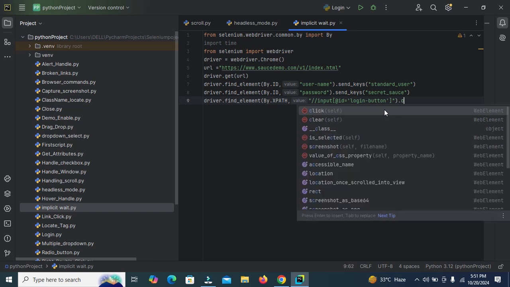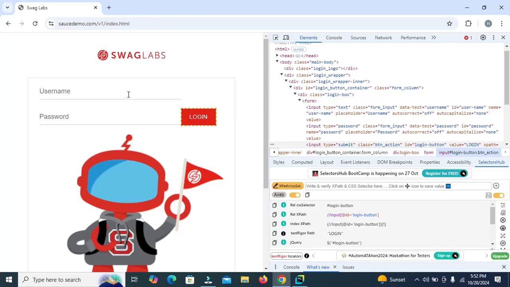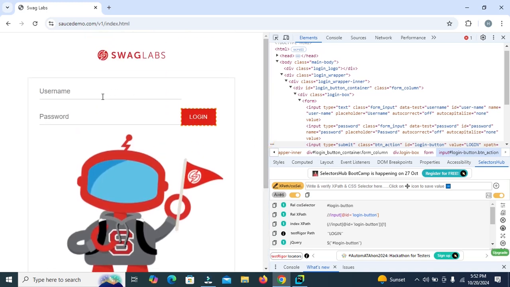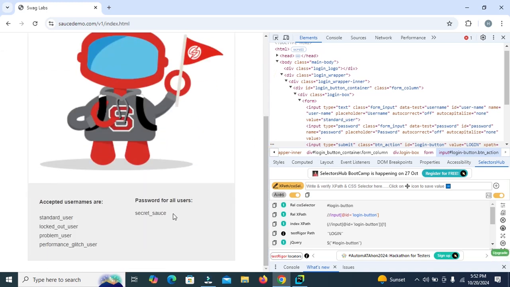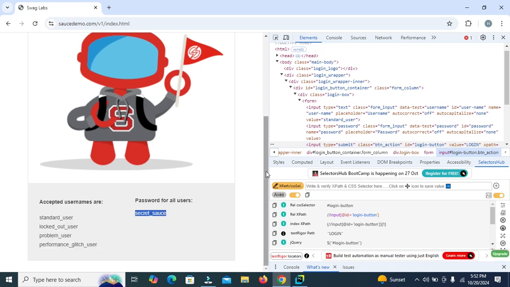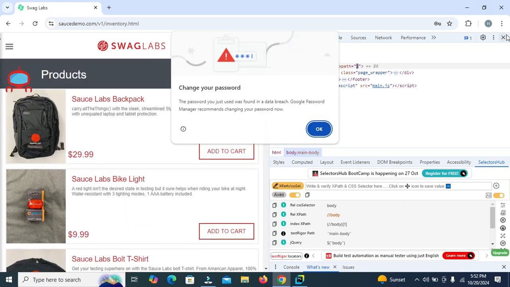Now, after entering the username and password, we need to click on the login button. Let's log in to this portal. Enter the username and then enter the password and then click on login. Now click on this